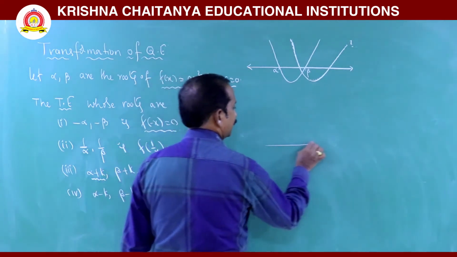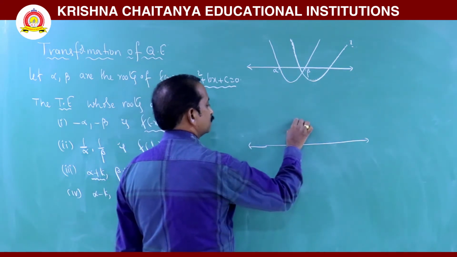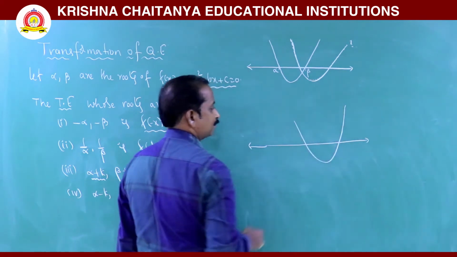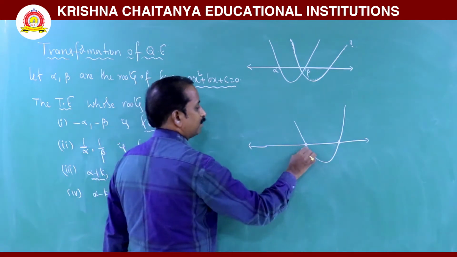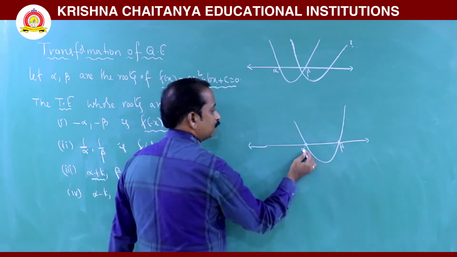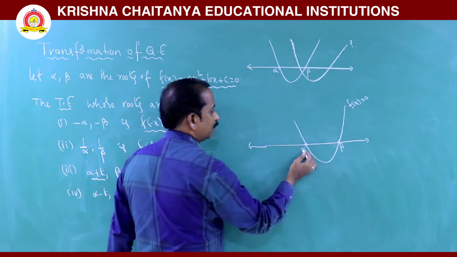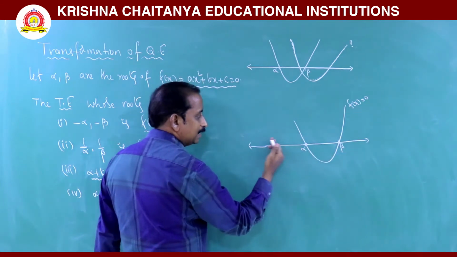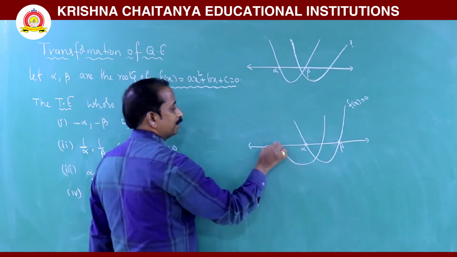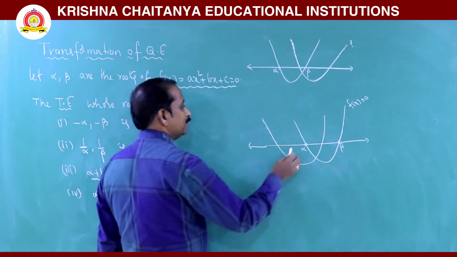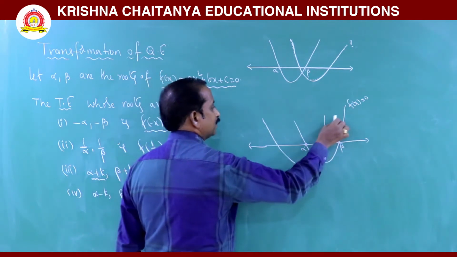Graphically, for the given quadratic equation with a greater than 0, the shape of the curve is like this. For example, one root is alpha and another root is beta. So this is alpha, this is beta. Each root of f of x is equal to 0 is decreased by k, so the required transformed equation means that every point on this curve is decreased by k. Here also, decreased by k.